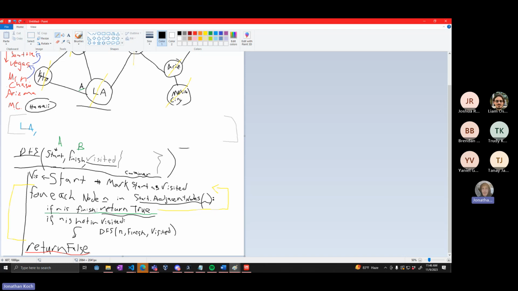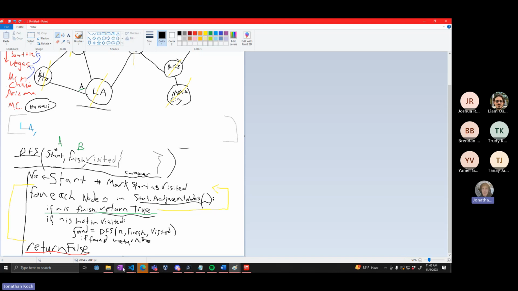I'll call it found. And then if found, return true. So the only way we're going to return false is if there is no other way to get there,